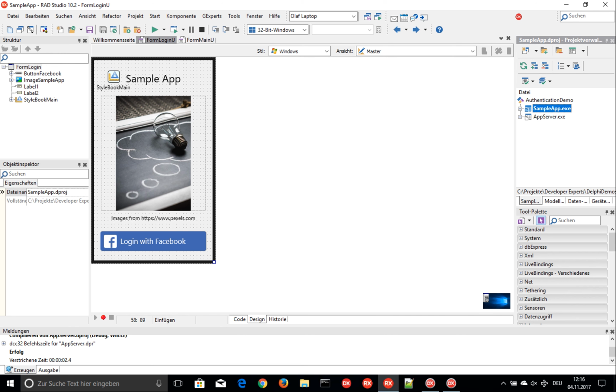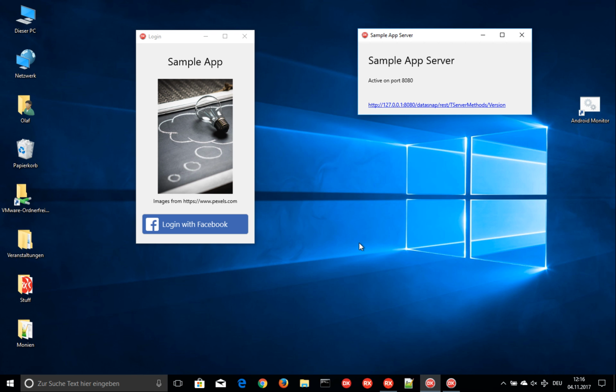All right, lots of talk. Let's see what we can do with the actual code. Before we dive into the real code, let's see what we actually have here. So what I prepared is a simple app and a simple app server. On the left side, we have our application that we want to log into our system, into our application server. The application server on the right side is just a simple DataSnap server which listens on an HTTP port here on localhost, obviously,